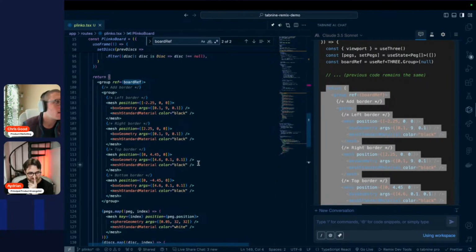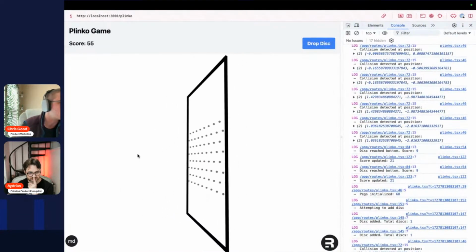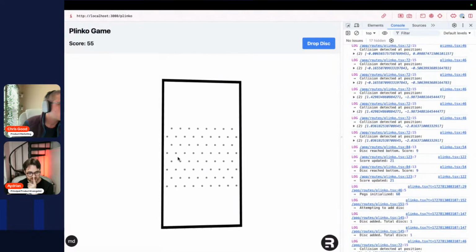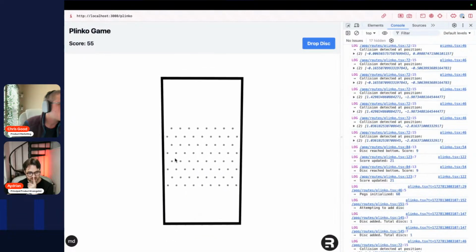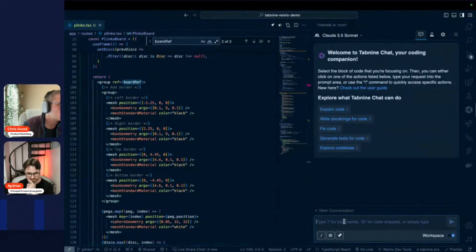I think that's having an effect. Let me see here. Our board's dimensions are hard coded. What if we did